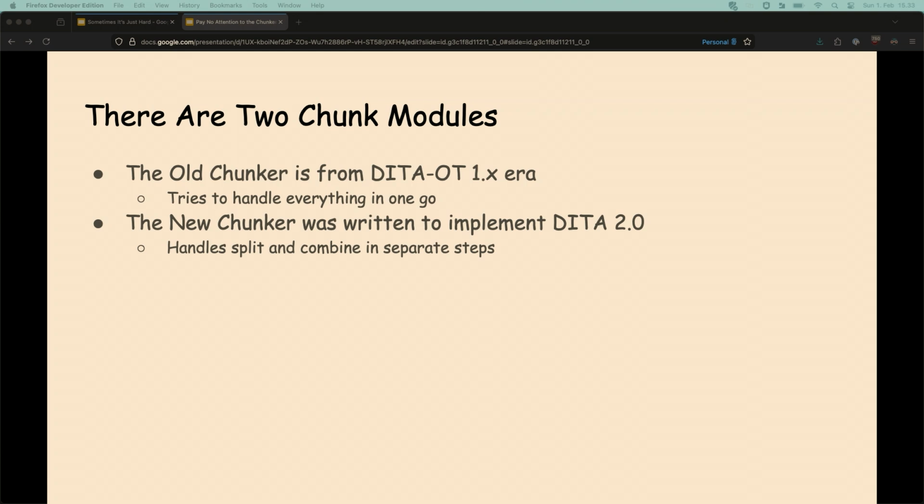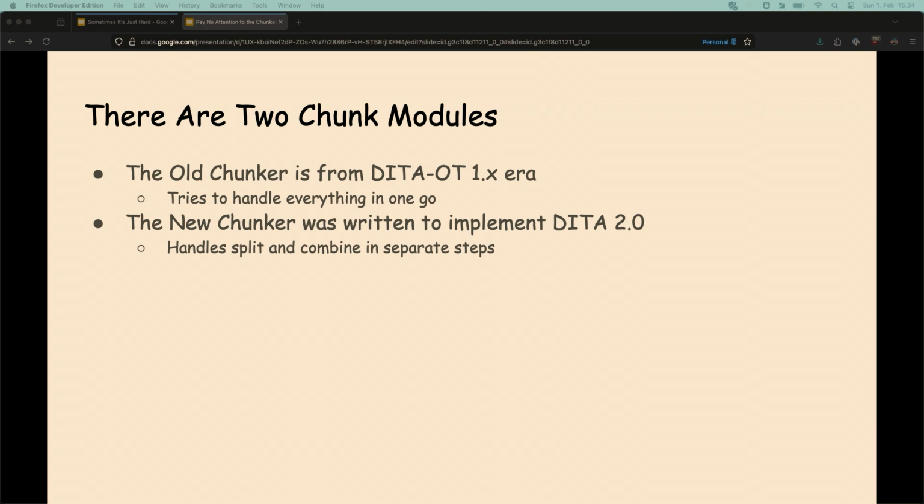So in Open Toolkit we have two chunking modules, meaning things that do the chunking process. The first one, I don't even know how old it is. The first commit in Git is from 2007, so it's really, really old. It's spaghetti code, which is a way of saying it's complex and messy and not easy to understand.